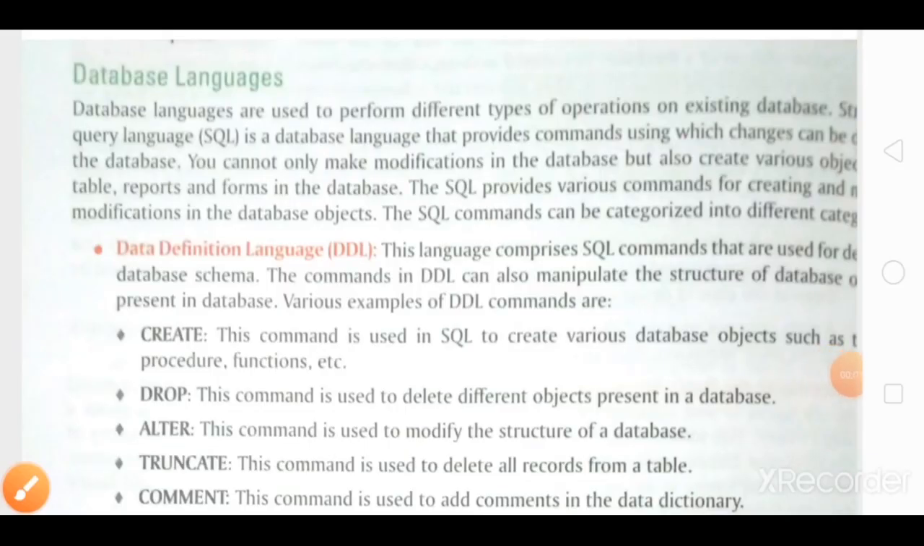Starting with the topic database languages. When you are working with a database, there are various types of work you have to do with the database. First of all, you will have to create a database, then you will have to create the tables in the database, and similarly you will have to modify the table, you can alter the table. And when you are working on a vast platform, there are some more jobs to do with the database,